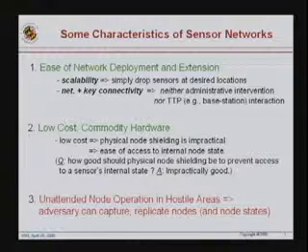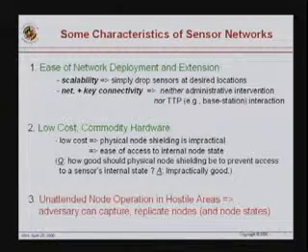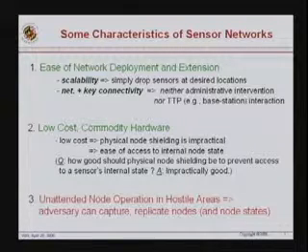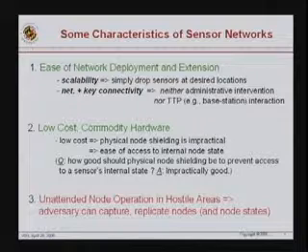Because node shielding, the technology to shield these nodes, both the sensing part and the processor part, is maybe about 3 to 4 orders of magnitude more expensive than the node itself. So for example, if you look at the top of the scale of shielding technology, you might find something like